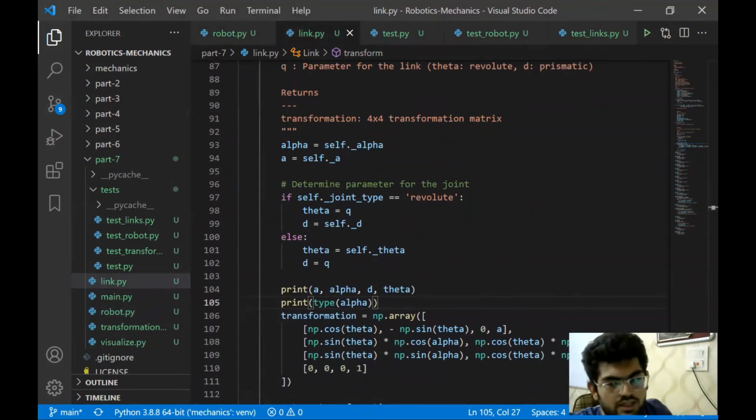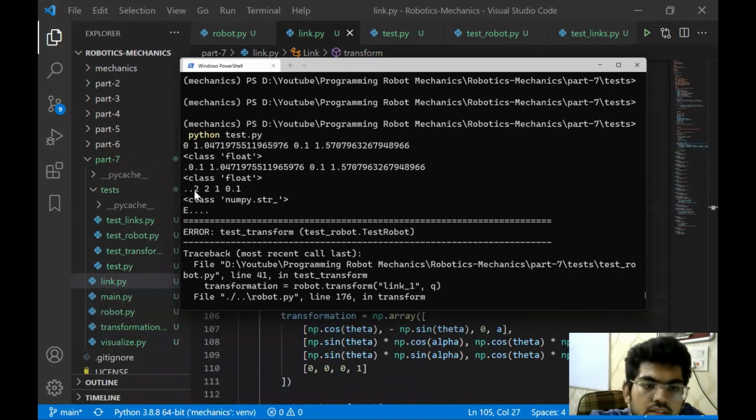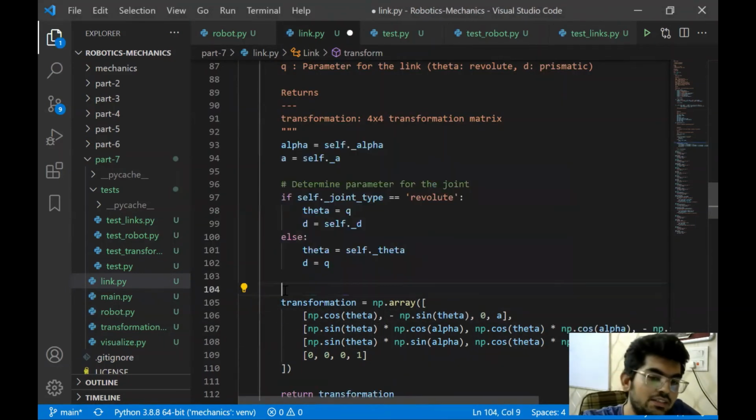All right, so what I can see is we are having this 221 0.1. This is actually the DH parameter that we're passing, and somehow the alpha that we're passing is coming out to be this string value. Now cosine cannot process string values, that's why it's giving an error, but I can't really seem to understand where this is coming from. But we can avoid this error.